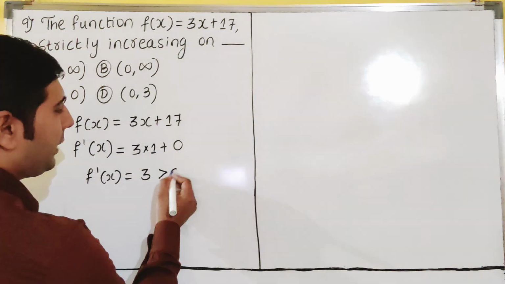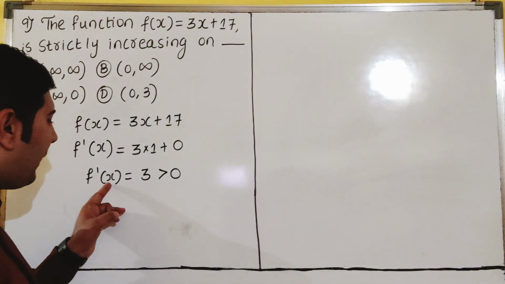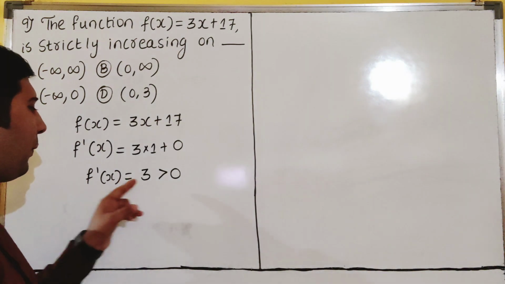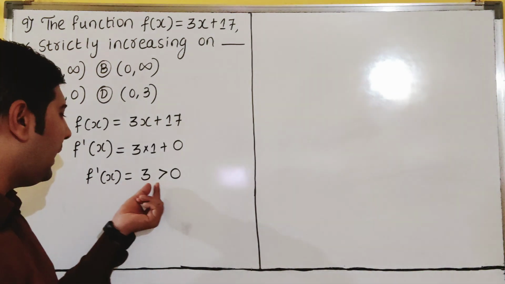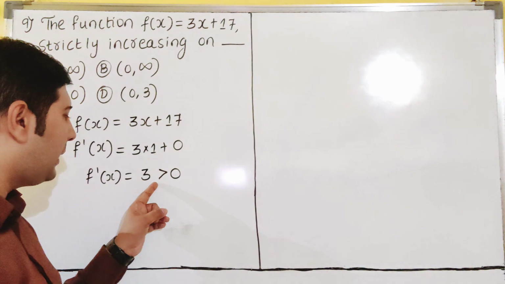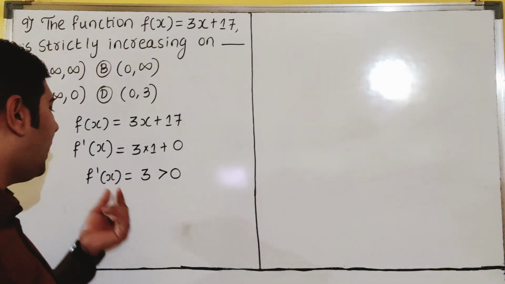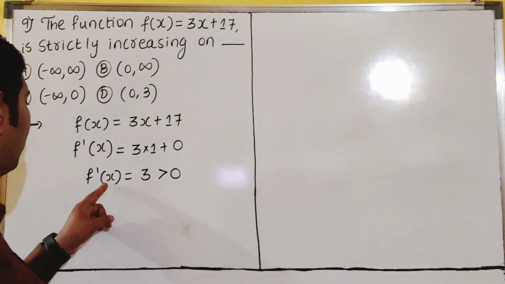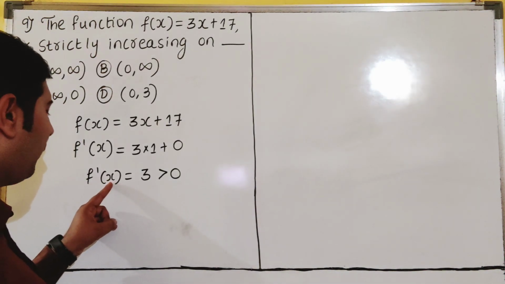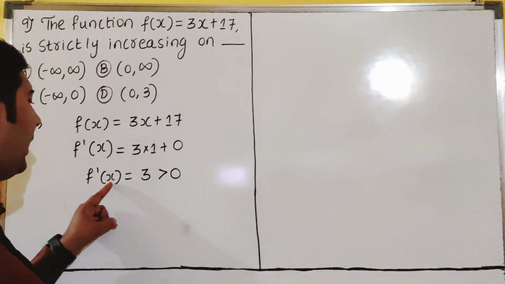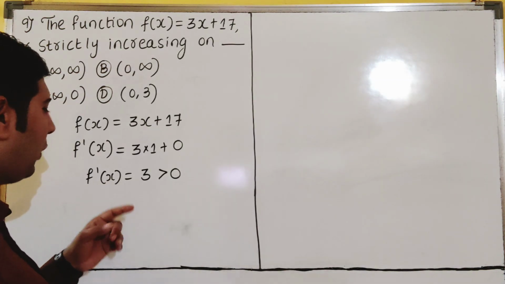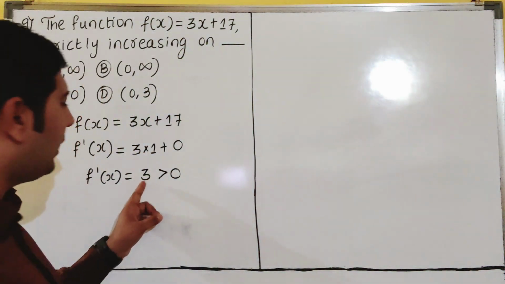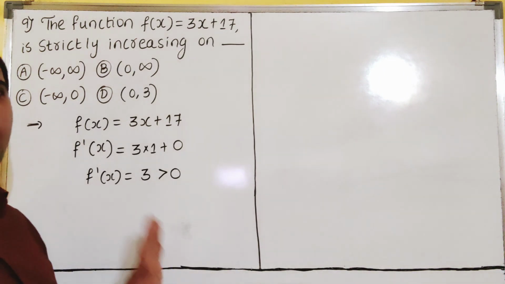Is this greater than 0 or not? It is 3. So whatever value you take for x, f dash of 1 is also 3. If x were there, I would have put 3 times 1 is 3, 3 times 2 is 6. But here x is not there, only the constant 3, which is also positive. Whatever value you put for x, 1, 2, 3, 4, 5 and so on, any real number you can put, dear students, the value is greater than 0 only. It is an increasing function.